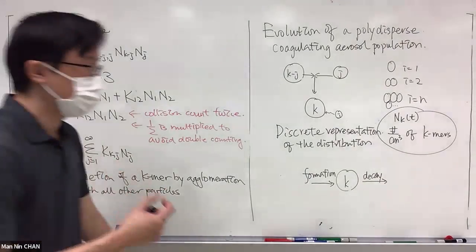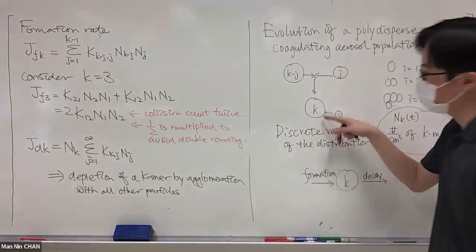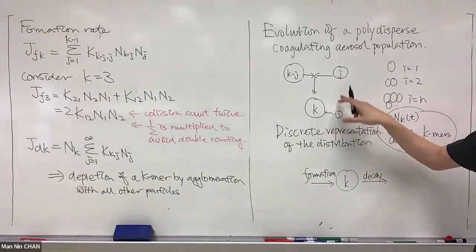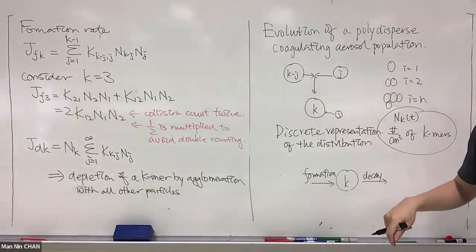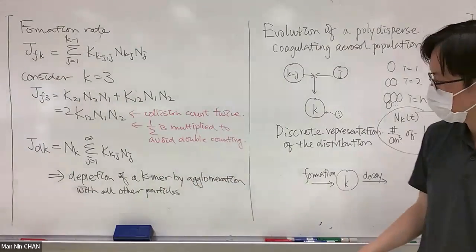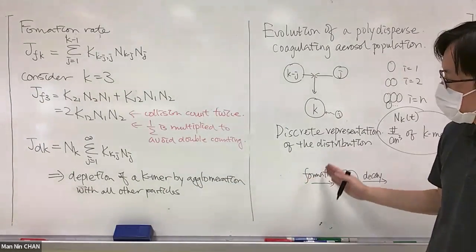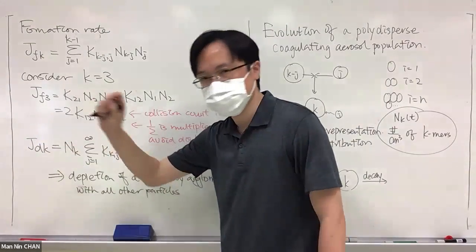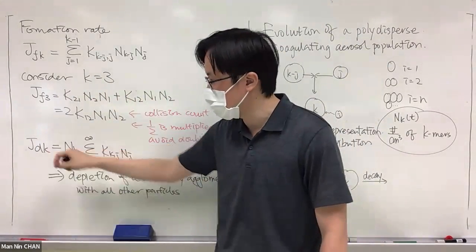Because in our case, once you form this trimer, you can still have the monomer and the dimer around, so they can collide with this trimer and just grow further. So to determine the concentration of a certain size of particle, in this case a Kmer here,